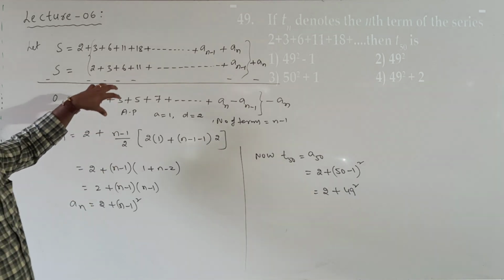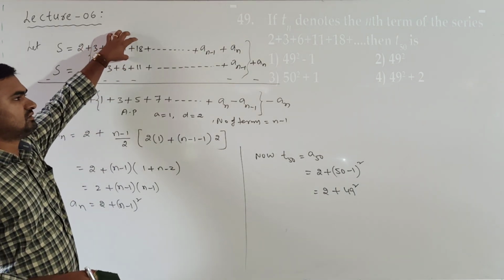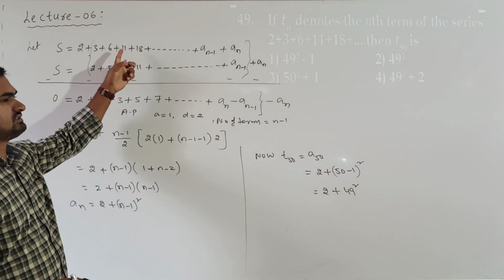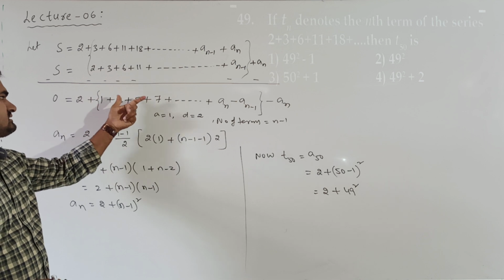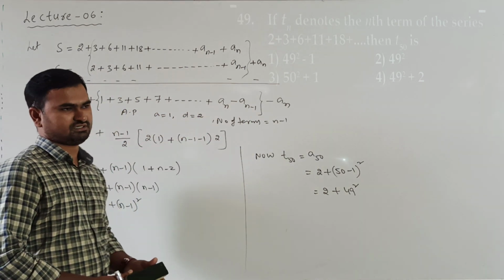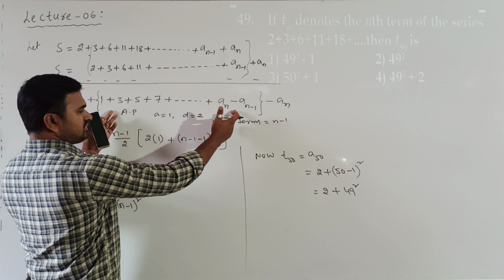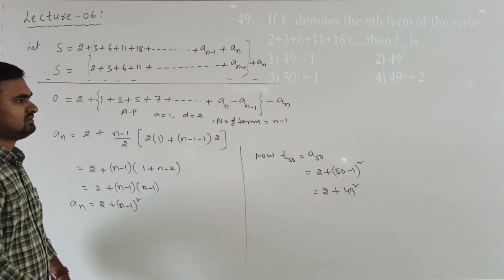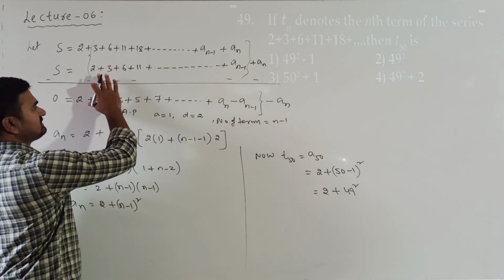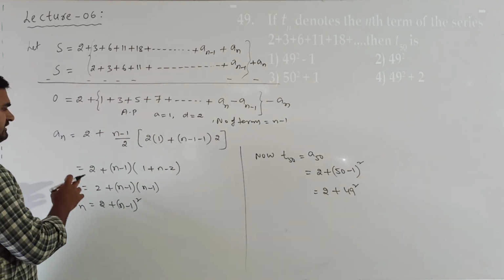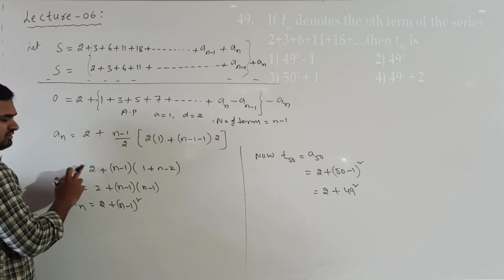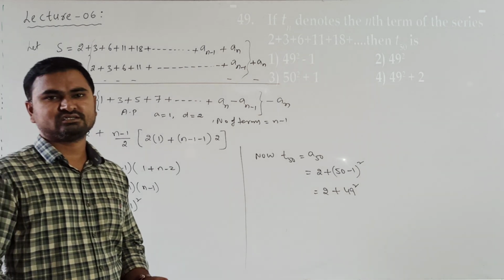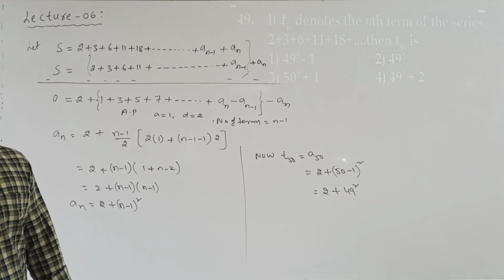Okay. So remember the method of solving. When the terms are not forming a standard progression directly, in such a case observe the difference. When the difference terms are forming a standard progression, their summation we can find using the standard formula. So just take the difference after shifting one number, then we can find the nth term. Now if we know the nth term, we can find any term that is required, and also we can find the sum of n terms that is required. Okay.